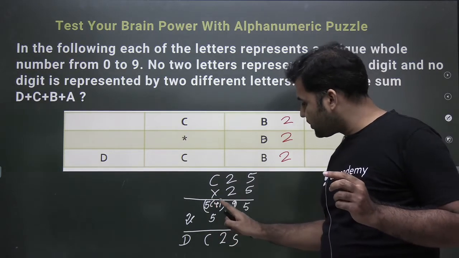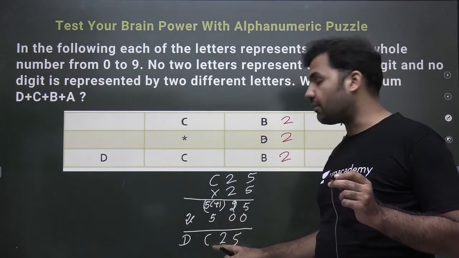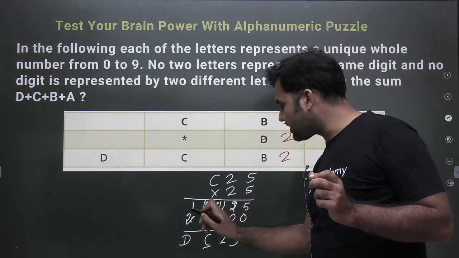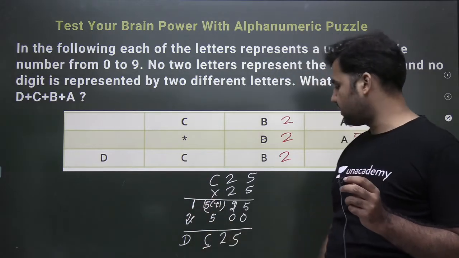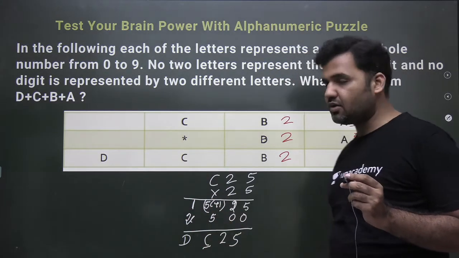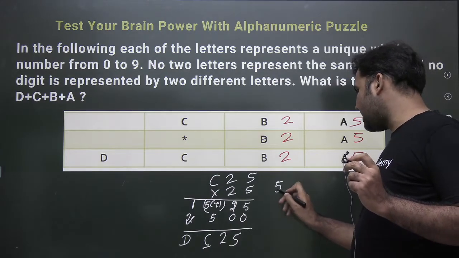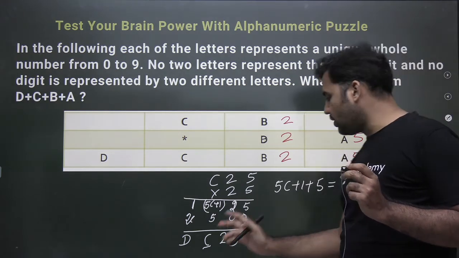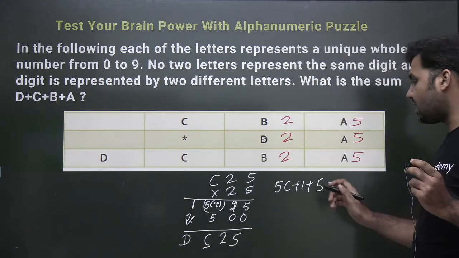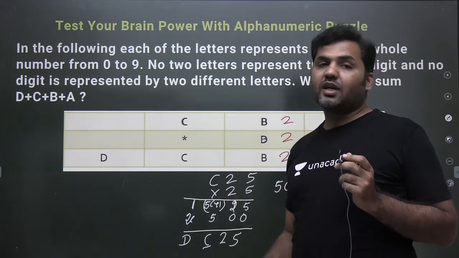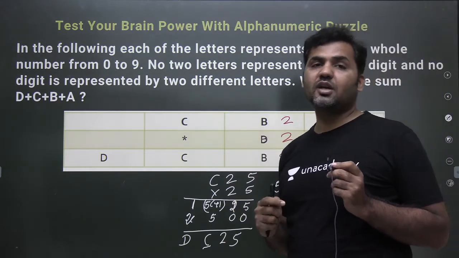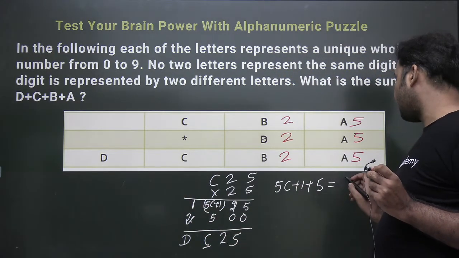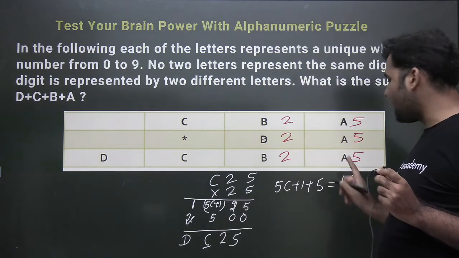Now 5 times of C plus 1 plus 5 would definitely be a 2-digit number. And out of that 2-digit number, you will be writing down the number C, and 1 will be taken as a carry forward, which will be added to 2 times of C. Now this is a hint that you need to use here, that 5 times of C plus 1 plus 5 should give you a 2-digit number ending with C. And you see that on addition, you cannot carry forward 2. The max value that you can carry forward on addition of 2 single-digit numbers is 1. So 5 times of C plus 1 plus 5 would be a 2-digit number ending with C.